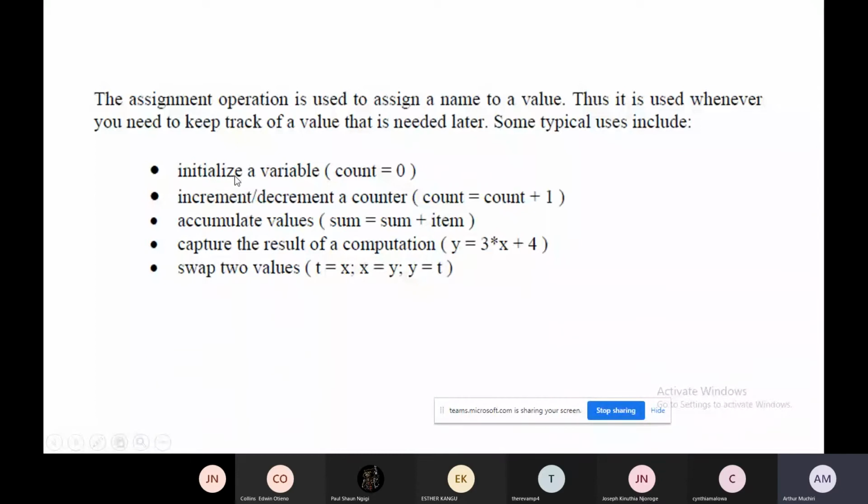What is to initialize? It is to set a variable to a given value. Unajua kuset, nimeset hii number itakuwa, hii variable itakuwa inaanzia from 0. So when you hear people in programming say I have initialized my variable, what you are saying is I have set this variable to start at a